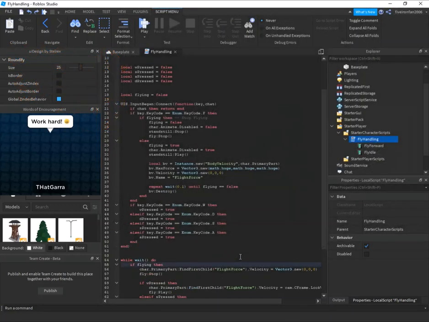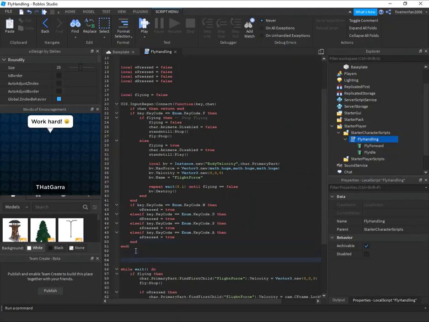Okay, guys, I figured out the problem. Right here we have a line of code missing. So after this keycode.enum, keycode w, all this stuff right here, outside of this end we have a UIS input ended, which I didn't realize. So we can say UIS dot input ended colon connect function